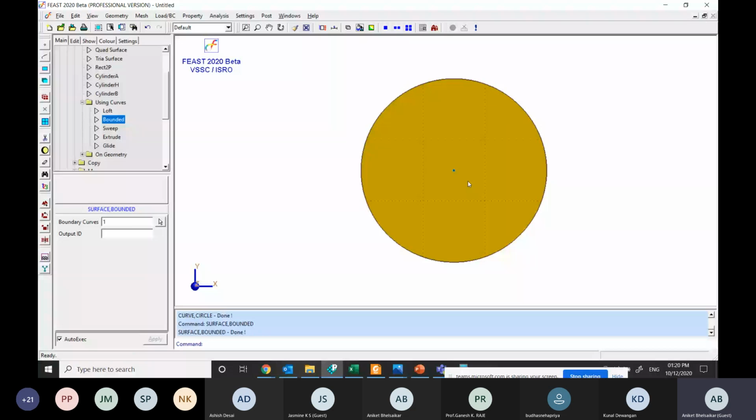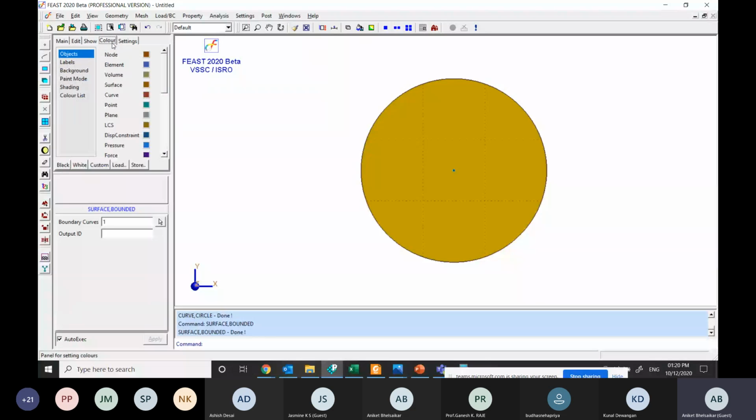Default color is like a brown. If you want to change the color for better visibility, even Hypermesh has the functionality to organize and change the colors and all. So similarly here you can change the color of the surface by simply going to this color tab. In colors, here we have the surface color. You can see the surface color is brown. Double click on the color,